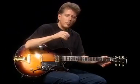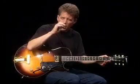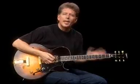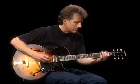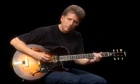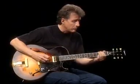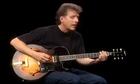Now, unlike our other rhythm patterns, I'm playing a pretty tight right hand here. I'm picking each note. That takes some practice, so you're going to have to work on making that shift and being able to stay in time. The exact same pattern works on B flat. C, B flat, and